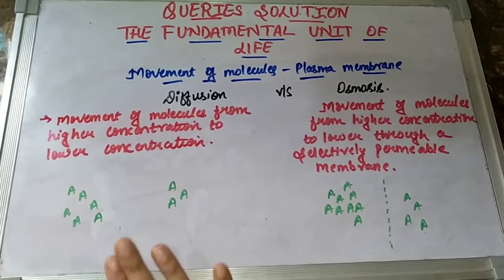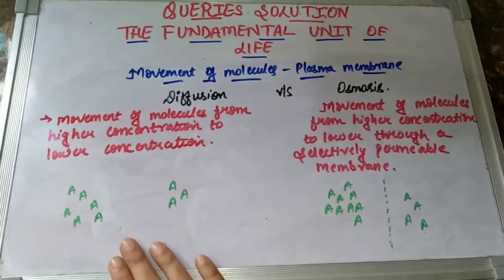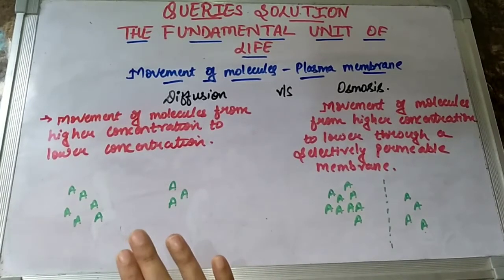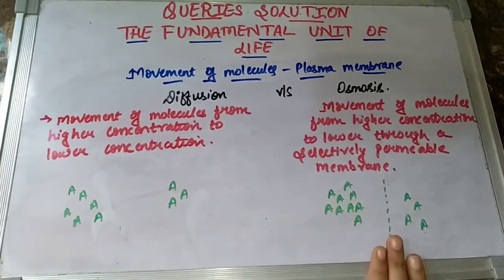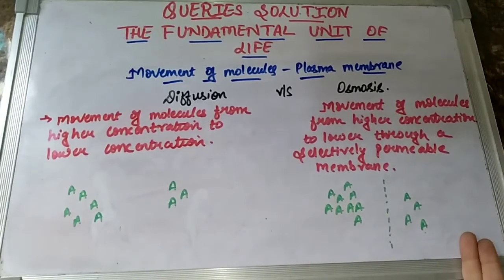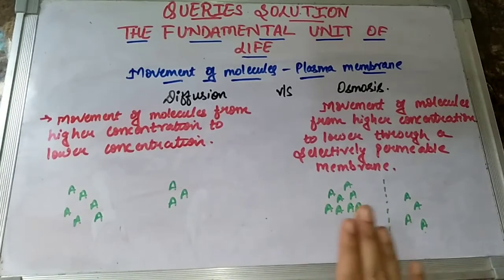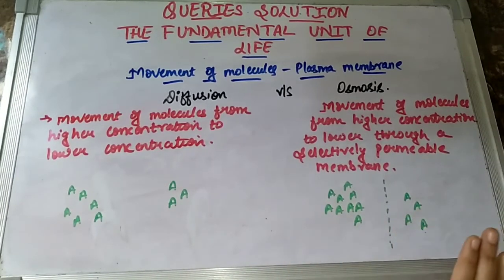Also, we have seen that when we talk about a biological process happening in a biological body, diffusion can occur in all the states of matter. But when we talk about a body, the process of osmosis occurs, and we are talking about the movement of molecules, the water molecules especially, or the solvent molecules from an area of higher concentration to an area of lower concentration. So let us see how this happens.